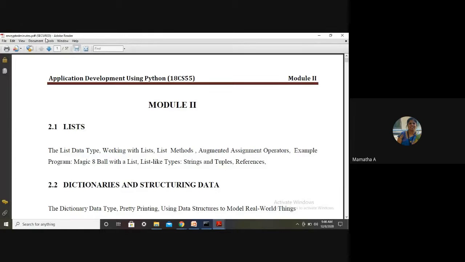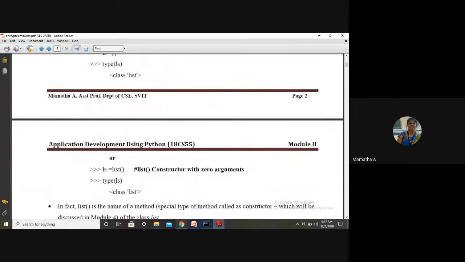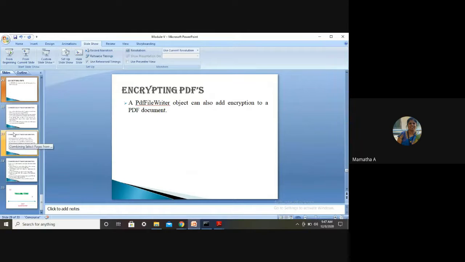Don't tell me, ma'am, you have opened module 2. No, you can see the name here, encrypted minutes.pdf. It's a secured file which is encrypted. The contents remain the same as what I had in module 2. Yes, students? Are you getting it? Yes or no? So when you are creating PDFs, you can copy the pages, you can rotate the pages, you can overlay the pages, you can encrypt the entire PDF. That is possible.